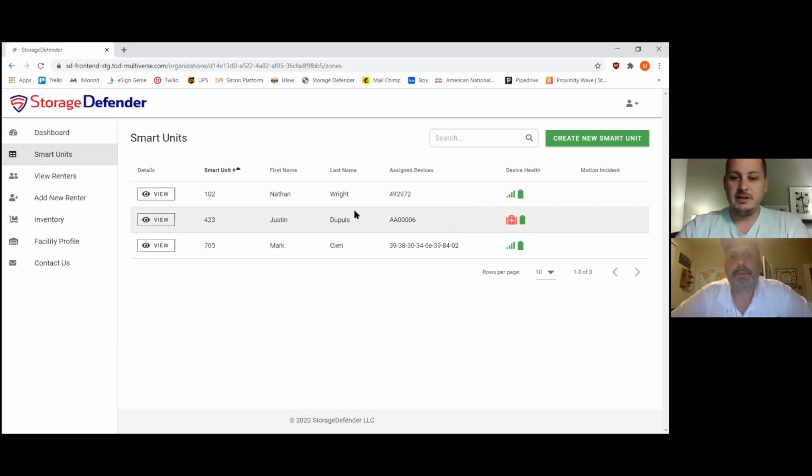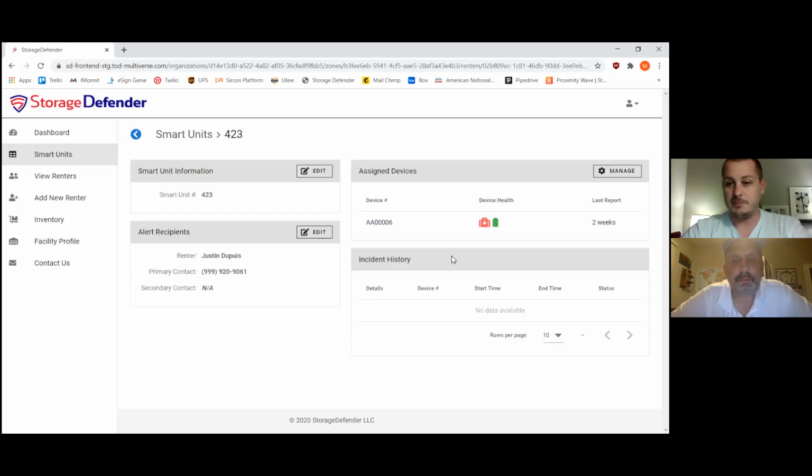Yeah, so we have a couple of different options. Option number one is we're going to swap the device. Let's say you've got another device sitting in the office. The customer's in the office saying, I want to get this fixed. You can go on out and swap that device in the unit, but then we can also do that here